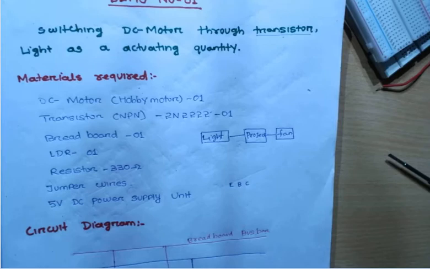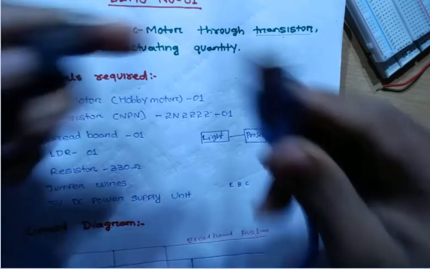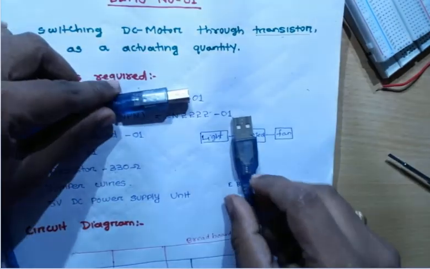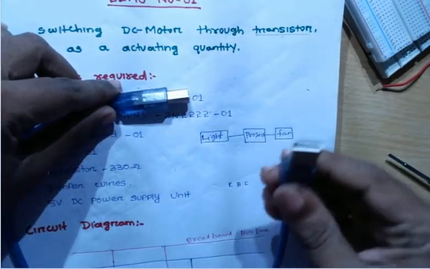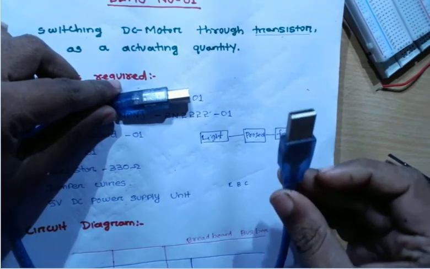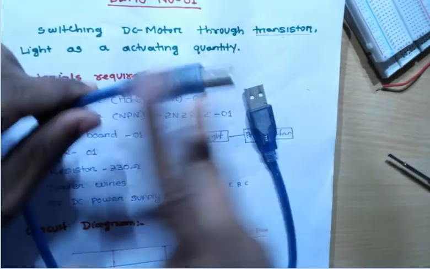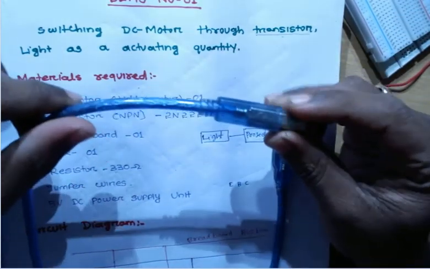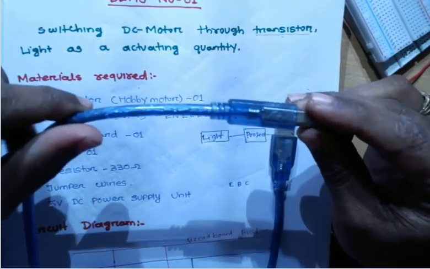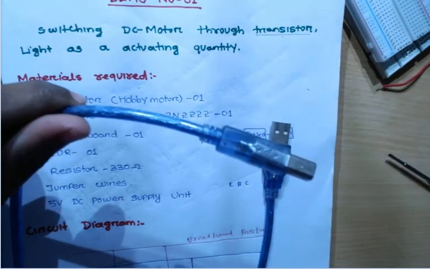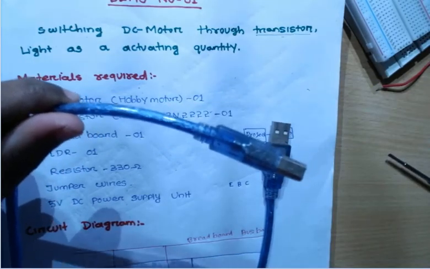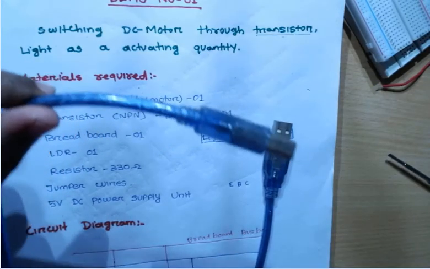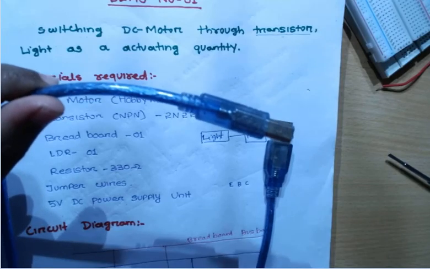Suppose I have this cable. What will I do? I will collect 5 volt from my charger itself. I will terminate it, I cut it. You will get one red and one black wire, and from there you can get 5 volt. You can see it from the output of a charger itself. Just go and look at your charger adapter, and you will get knowledge after that.